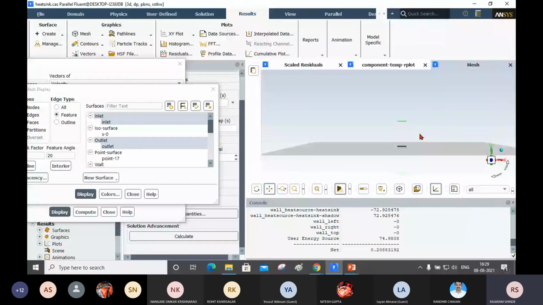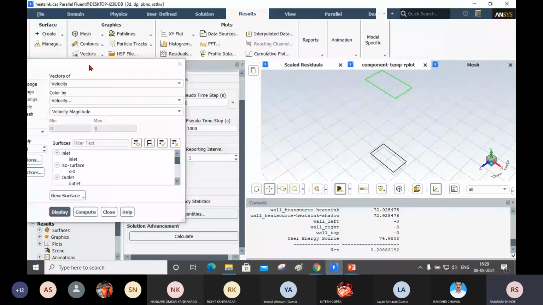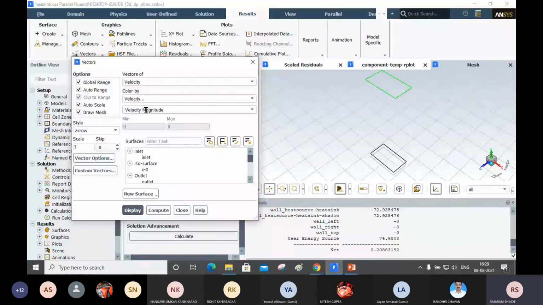You see this? These are the isosurface. Now close this, and in the vectors, now I will select 5 for scale, and for skip I will use 2.